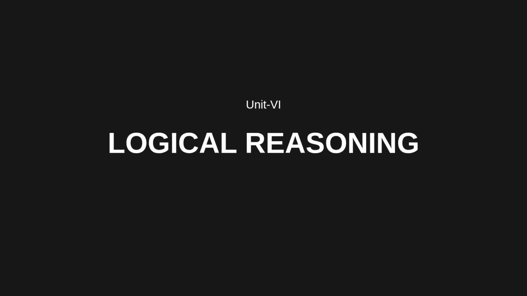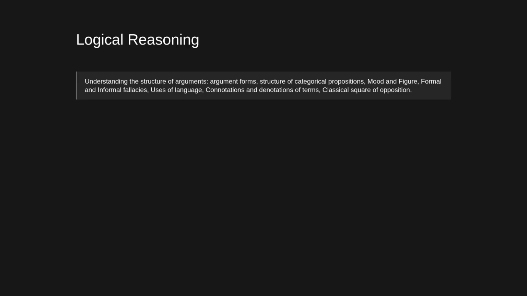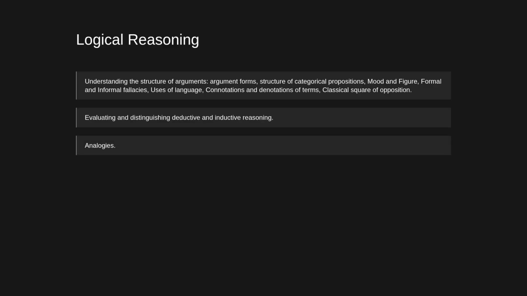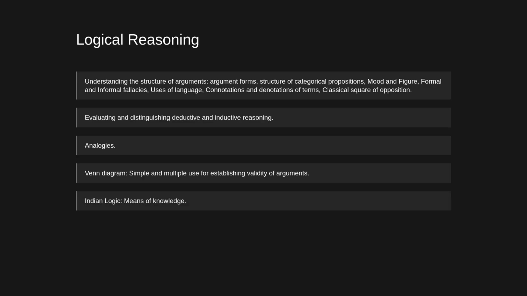Unit 6, logical reasoning. In logical reasoning, we have understanding the structure of arguments, argument forms, structure of categorical propositions, mood and figure, formal and informal fallacies, use of language, connotation and denotation of terms, classical scale of opposition, evaluating and distinguishing deductive and inductive reasoning, analogies, Venn diagram, simple and multiple use for establishing validity of arguments, Indian logic,